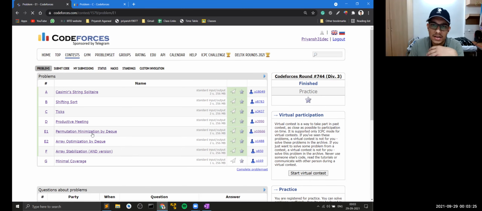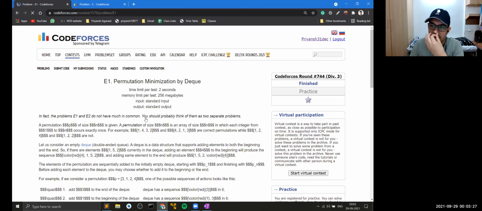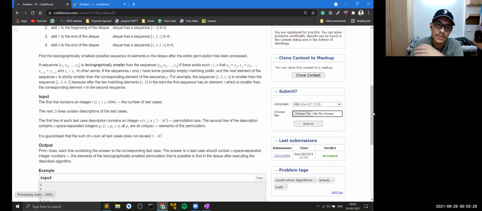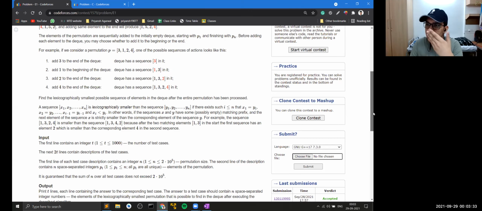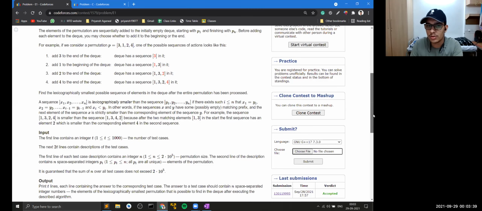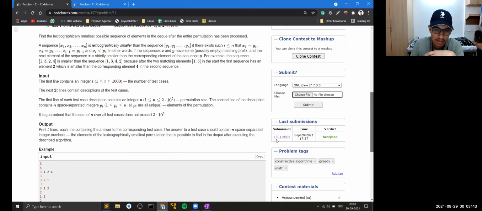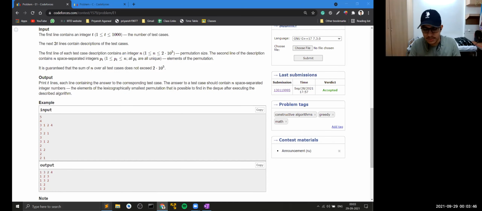Now, this was again a very easy problem. There was nothing much to do here. All you had to do was implement a DQ. Okay, and I'm not sure if a DQ is totally necessary here. You might as well do it with a vector or something like that. But yeah, dealing with this whole problem using a DQ would have been much better. Right. So I'll just quickly explain this problem.